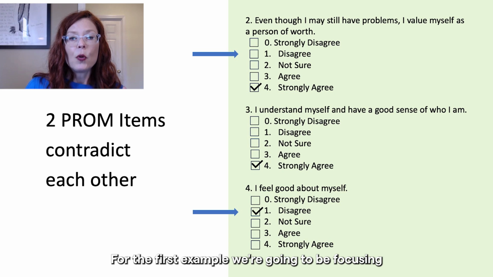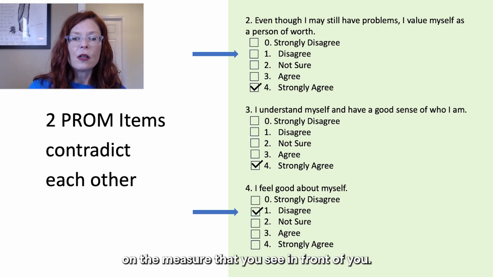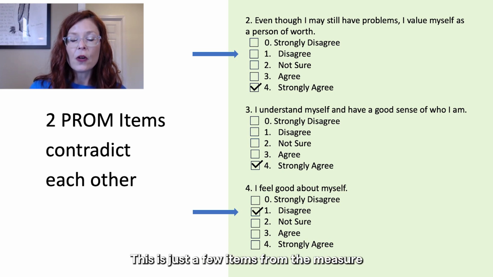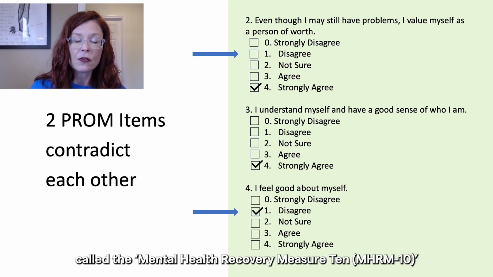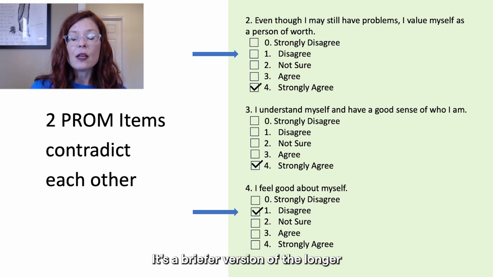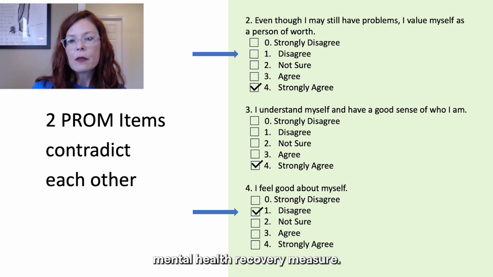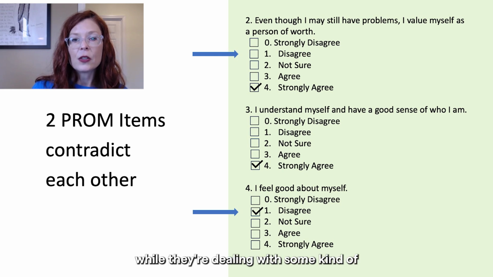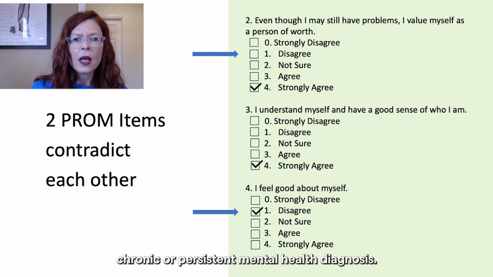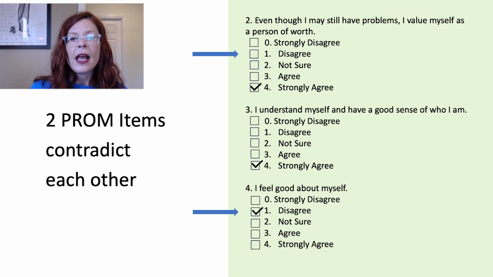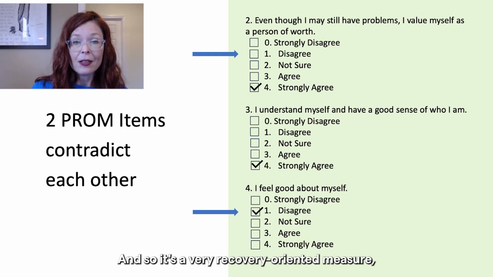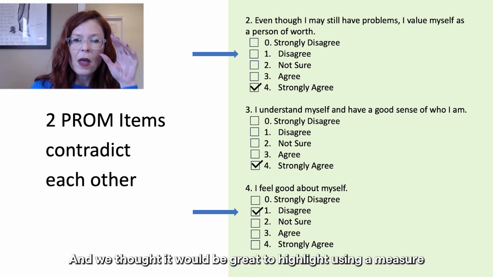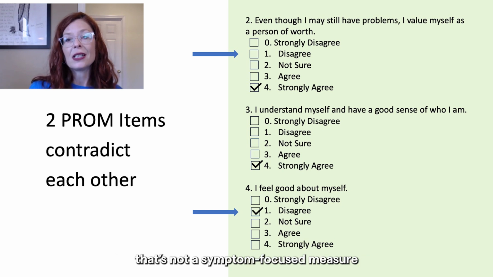For the first example, we're going to be focusing on the measure that you see in front of you. This is just a few items from the measure called the Mental Health Recovery Measure 10. It's a briefer version of the longer mental health recovery measure. And this is a measure that assesses clients' perceptions of their progress while they're dealing with some kind of chronic or persistent mental health diagnosis. And so it's a very recovery-oriented measure consistent with its name. And we thought it would be great to highlight using a measure that's not a symptom-focused measure for some of